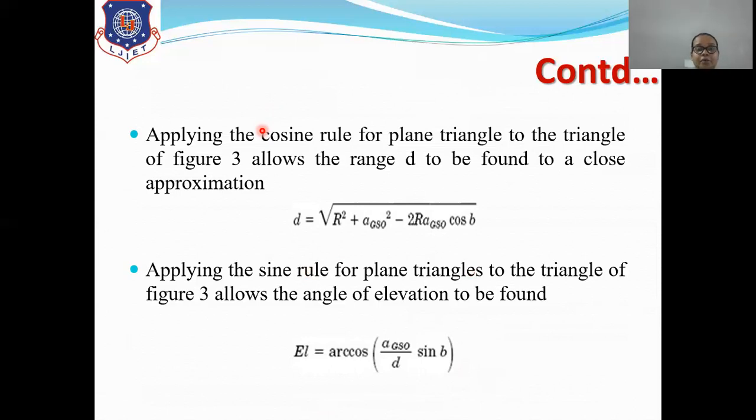These are very important numericals from the exam point of view. The examples of these antenna look angles will be seen in the next session. So that's all for today's session. In the next session we will discuss two more topics, as well as the examples related to these antenna look angles. Thank you.